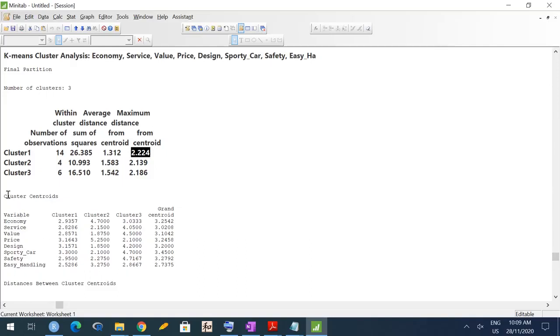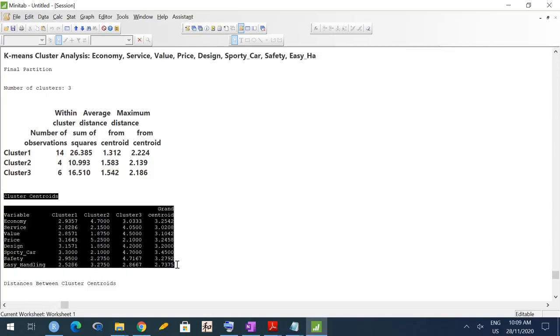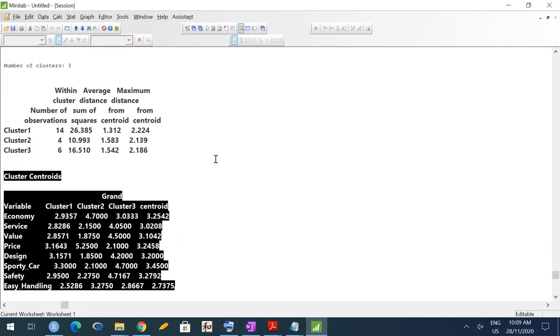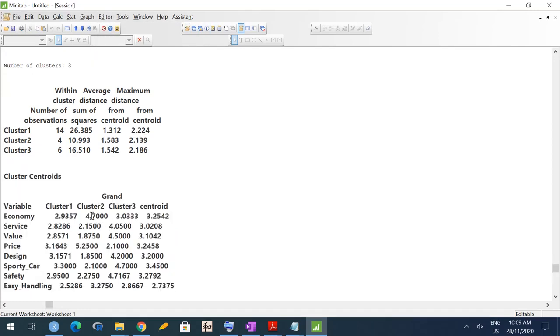Now the cluster centroids, and we'll try to see can we give similar interpretation. Now price wise, cluster 2 is doing worst. Okay, price and economy both wise. Cluster 3 is doing okay, good. Cluster 1 is doing pretty okay. Then design wise, cluster 2 is doing the best.